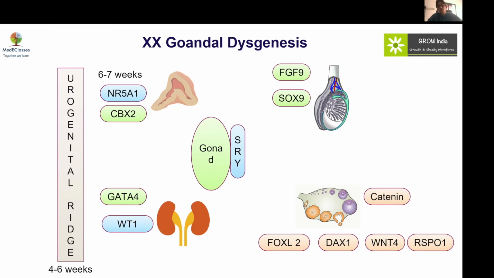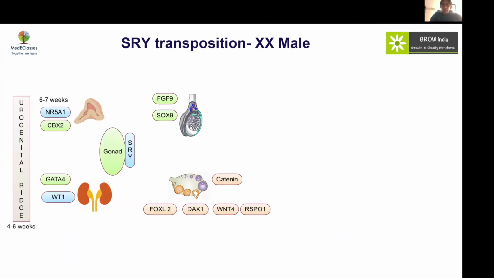So deficiency or inactivating mutation in FOXL2 can result in defective ovarian development, followed by increased androgen production. WNT4 and R-spondin1 genes are also classically required for ovarian cell development as well as stroma development, and any mutation in these genes can also lead to XX gonadal dysgenesis, resulting in a virilized female.